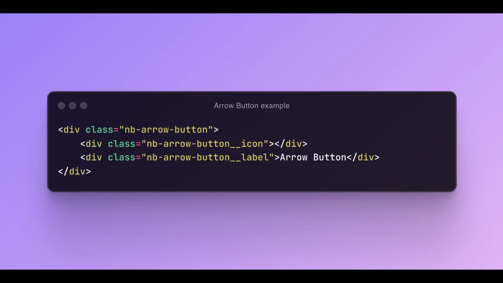Moving back to the arrow button structure, at NextBricks, we use the CSS BEM methodology for naming classes in our elements. It is not only for development purposes, but if you need to edit our elements to craft something out of the box, it is easier for you to find children,